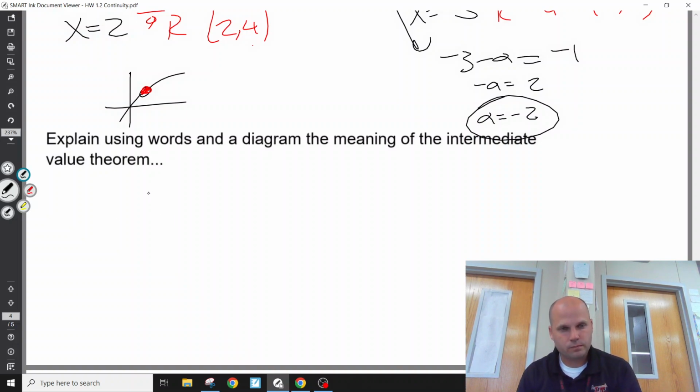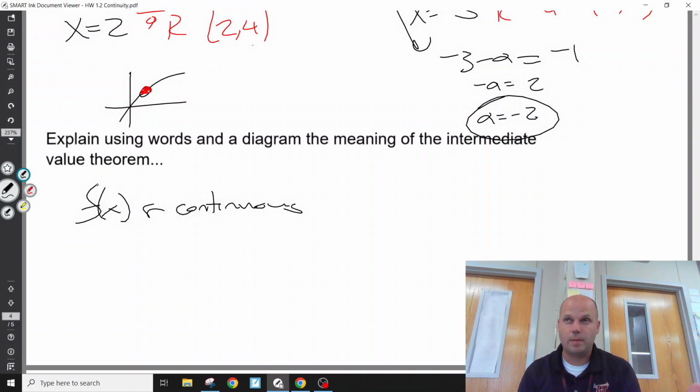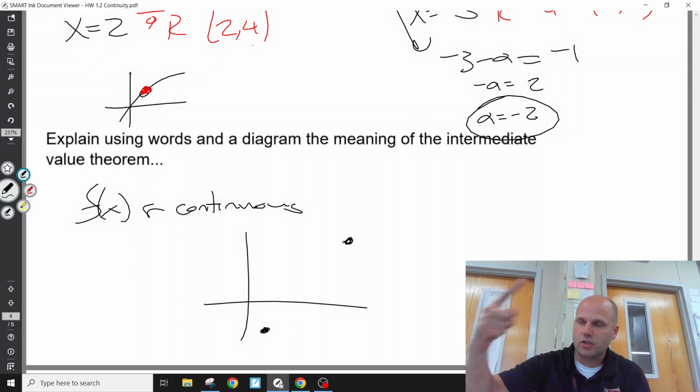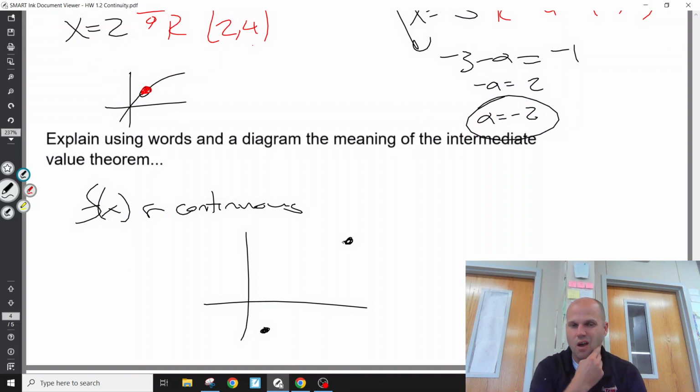If you got a function and your function is continuous, and that's what today is all about, continuity. If your function is continuous, and you know 2 points on that function, say 1 point here, 1 point here. That's all you know. Function's continuous, and here are 2 points. The intermediate value theorem says you are guaranteed to cross through all of the y values in between these 2